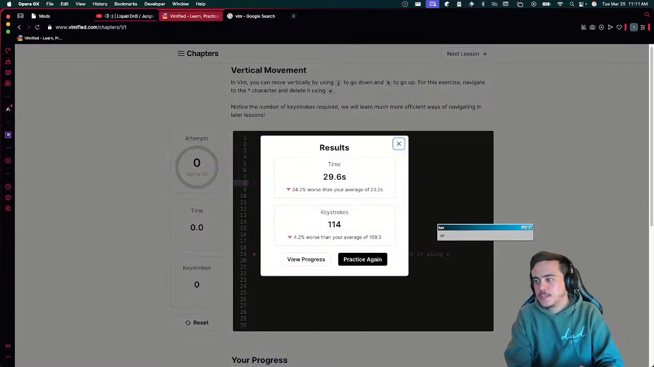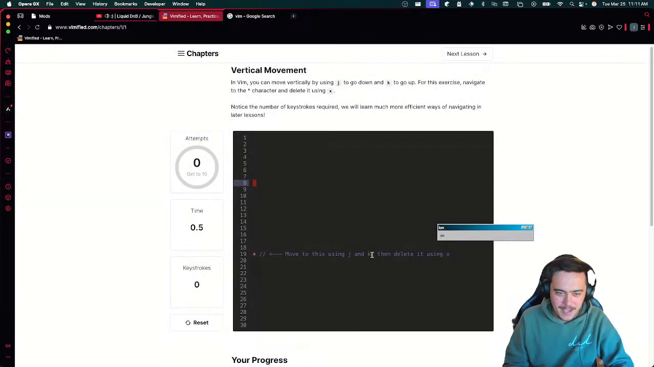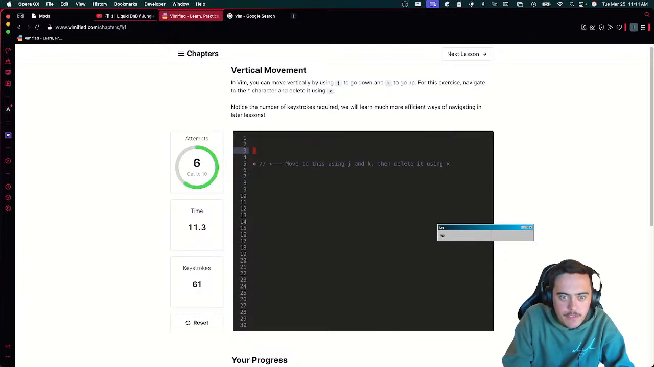Did it so much slower this time. So much slower, and it was all because I did not have my vertical relative line numbers. So let's keep going. We're gonna beat our high score, which is 20. And it's kind of goofy to me because all of this stuff is...